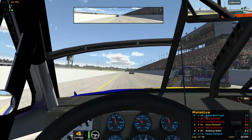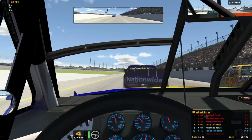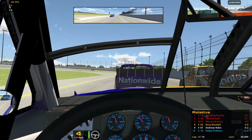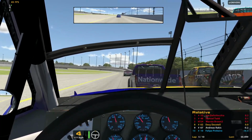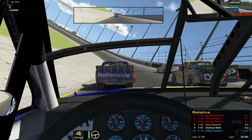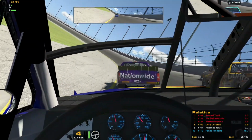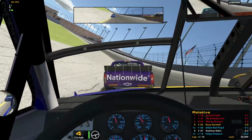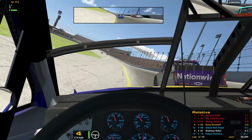Trucks used to be my favorite series, and up until a couple years ago, it still was. But now I just don't care if I see the race or not. It's for a multitude of reasons. One of them is I think stage racing is terrible in general, but I really hate it for